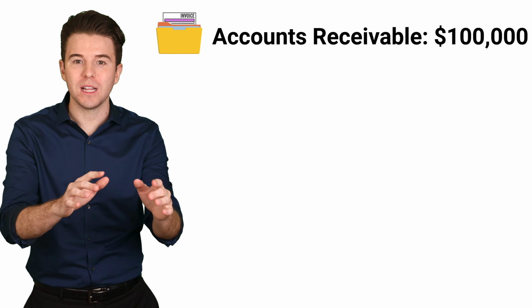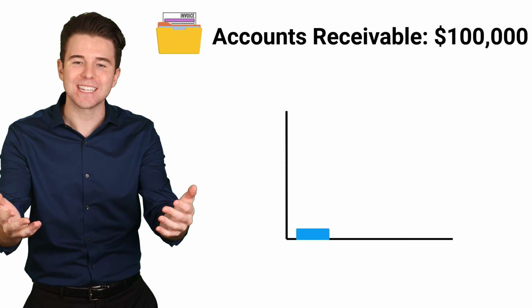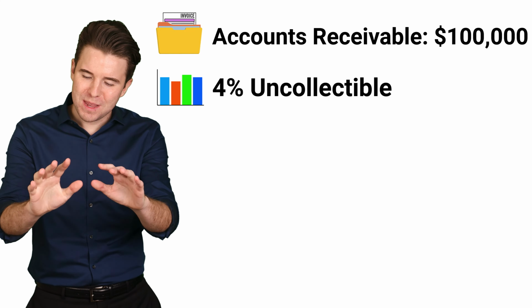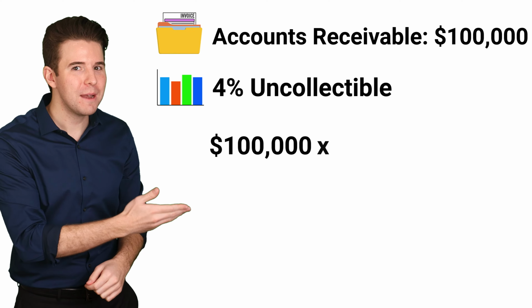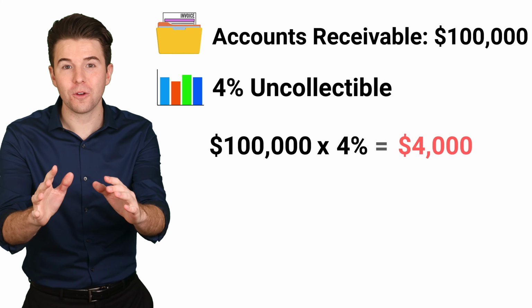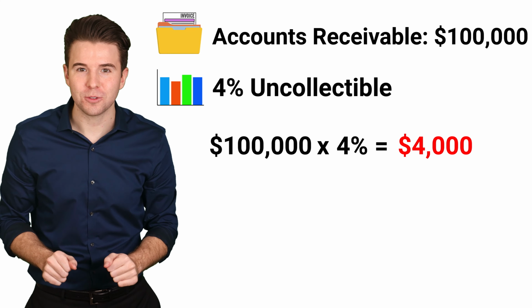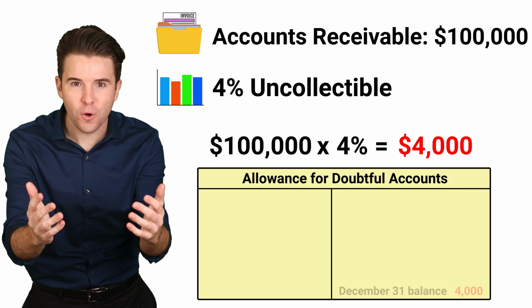So assume we have $100,000 of accounts receivable on December 31st. And using analytics, we estimate 4% of our receivables to be uncollectible. 100,000 multiplied by 4% is 4,000. This means that after we make our adjusting entry, we want the allowance for doubtful accounts to have a 4,000